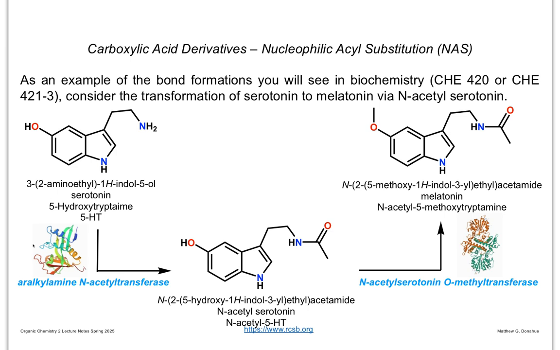So we're starting with a primary amine. So that's the amine part. All this stuff in front just tells you kind of what's acceptable to be bonded to that amine. And then this is the action. This is what that enzyme does. N-acetyl transferase. So you can think of that